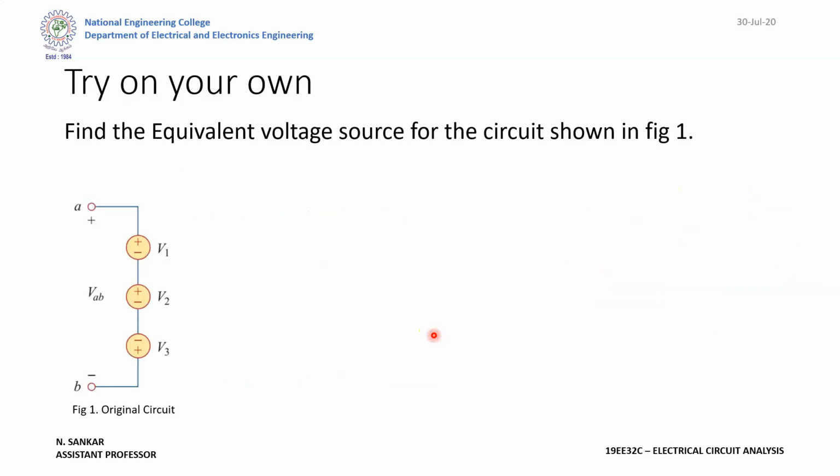Okay, so let us see one example. Here we have three voltage sources, V1, V2 and V3. The total voltage is equal to VAB, so this is the fourth voltage. Let us take this as a voltage source and draw it as a closed loop. The long terminal indicates the positive and the small terminal indicates the negative. So this is a closed loop path.